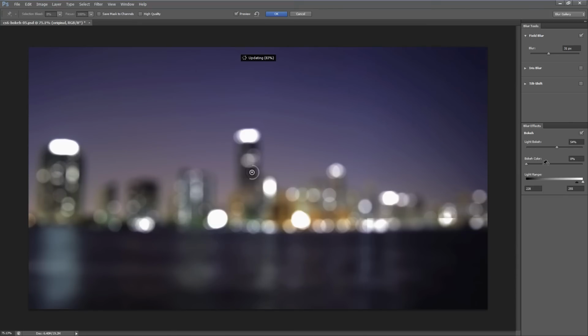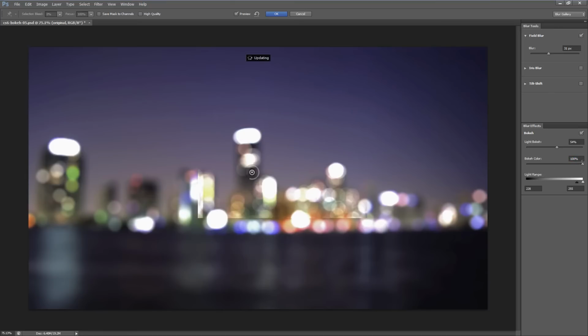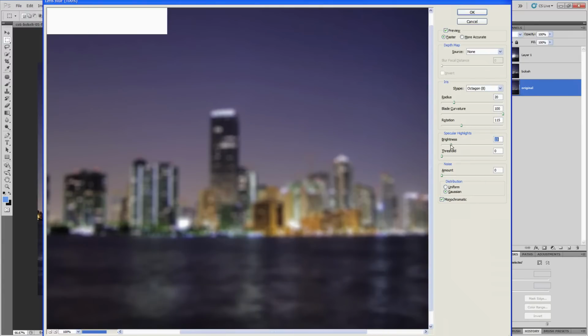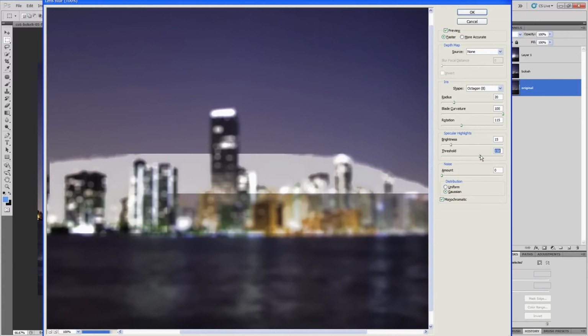There's also this slider here that allows us to intensify the colors. Sometimes it works, sometimes it doesn't work so well. It's a lot quicker. I find this a lot more responsive than the old lens blur, which you could get some kind of bokeh out of. And I'll have a quick demonstration of how you actually do that in Photoshop CS5 at the end of the